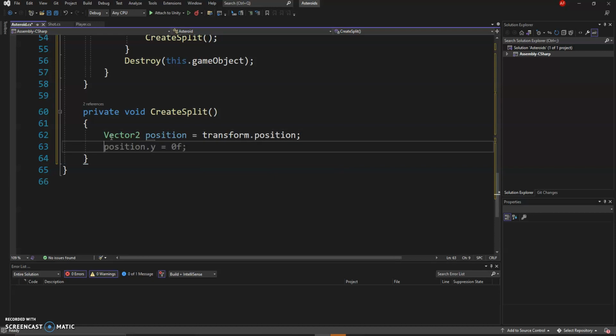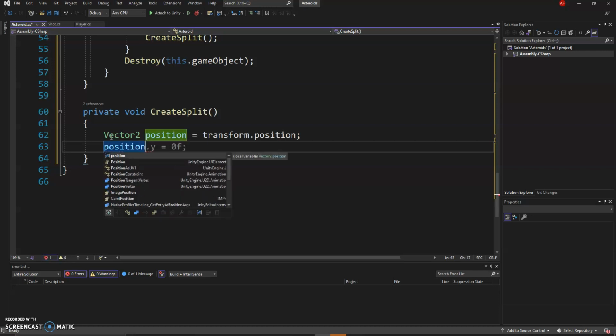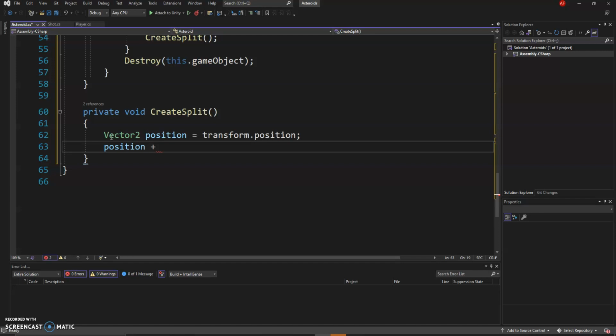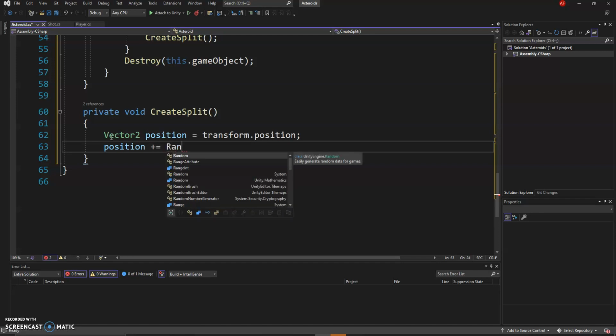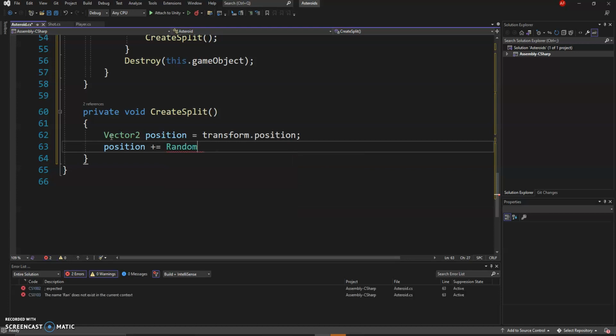Then what we need to do is push the position out a little bit. So we're going to modify the position. The position is going to be plus equals, and this is a little bit different. We're going to take the random inside unit circle. So Random.insideUnitCircle. This draws a little circle,